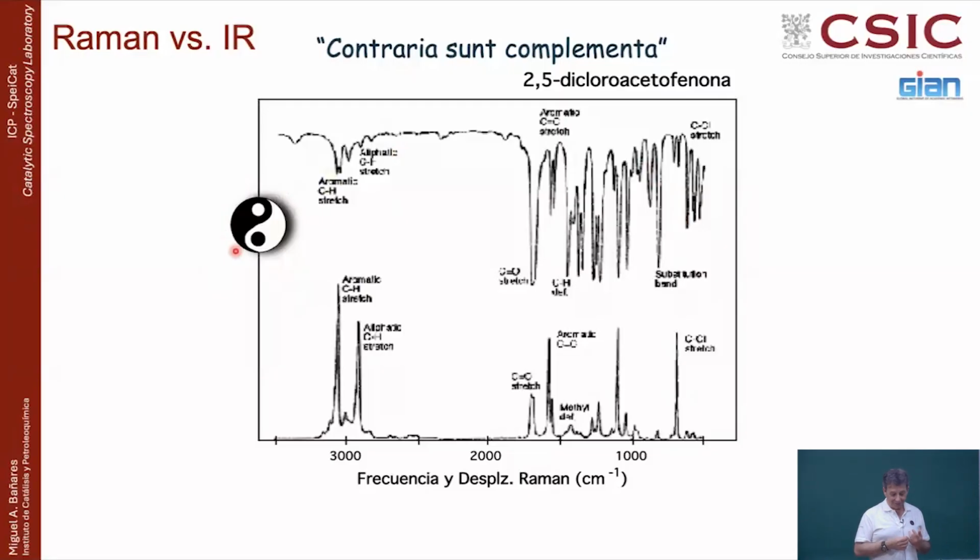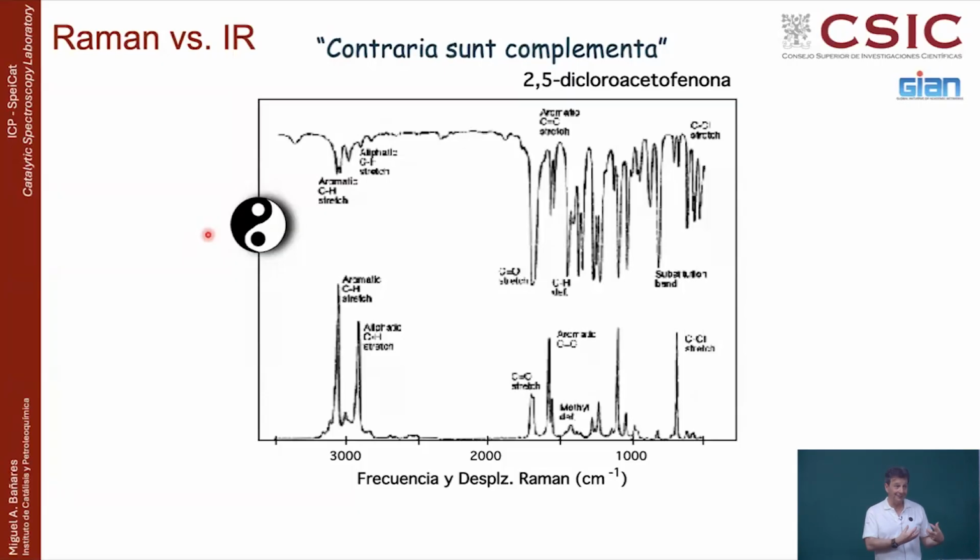Because of the complementarity. Actually, in Denmark, Niels Bohr, who was one of the fathers of quantum chemistry, was given the nobiliary degree by the king of Denmark. And then you need a shield of your family. When you are a noble person, you need a shield. And then what Niels Bohr told the king of Denmark was that my symbol will be that one. And his motto will be contraria sunt complementa, which means contrary things are complementary, which is the yin and yang,